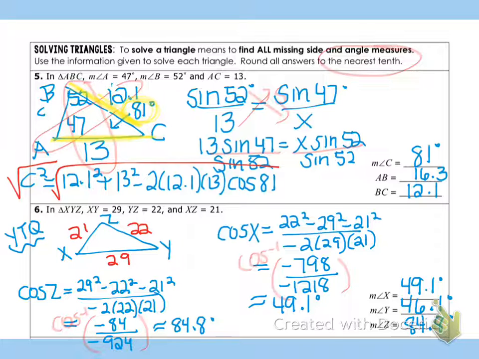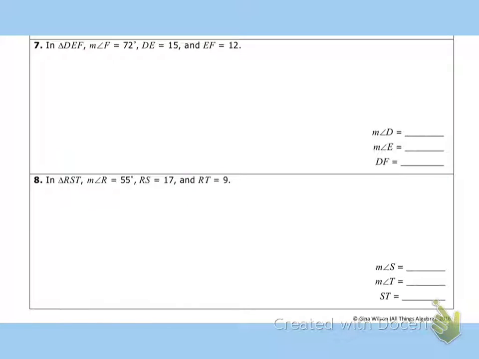So I feel like the examples we've seen have really covered all the possible scenarios, and we've got plenty of practice. If you want to practice the next two, feel free. Maybe what I'll do is real quick just write down the answers so you could practice those. But remember, we will have an assignment to accompany this in our homework packet, and you'll have plenty of practice there. If you want to jot these down and come back later to do a little more practice, maybe closer to the test time, just to get a few extra practices. On number 7, the answers would be, for angle D, would be